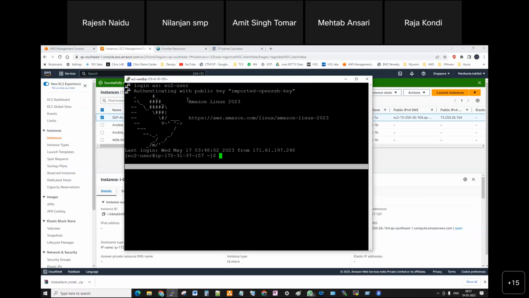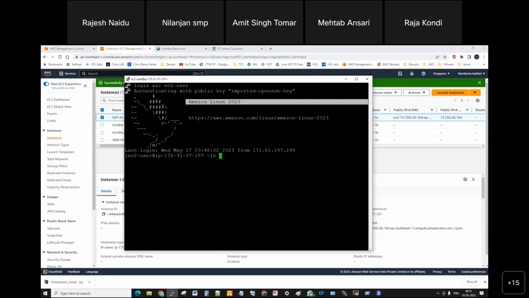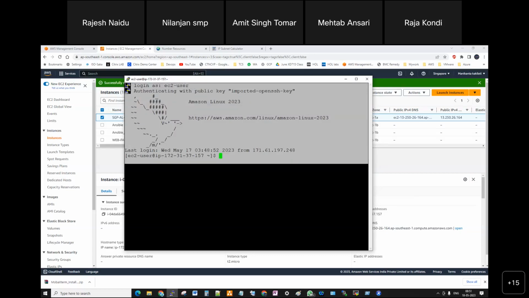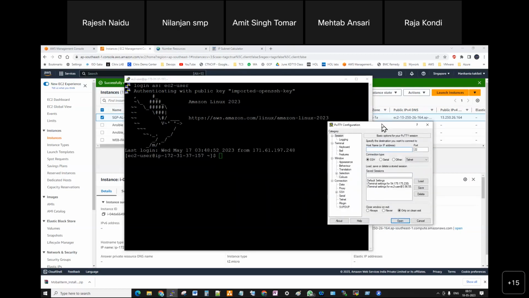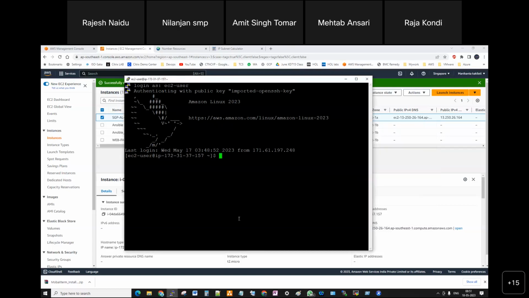Now I can see this Amazon Linux 2023. This is the operating system version. Sir, this setting will be applicable only for a single session. Another session will again need to be set. Yes, in PuTTY we can connect only one session. If you want to connect another server, right click and open a new session. Again you need to connect in one more window. So whatever we have done for the font size, we again need to do in the new session settings.